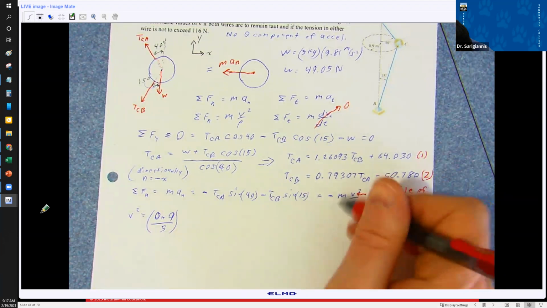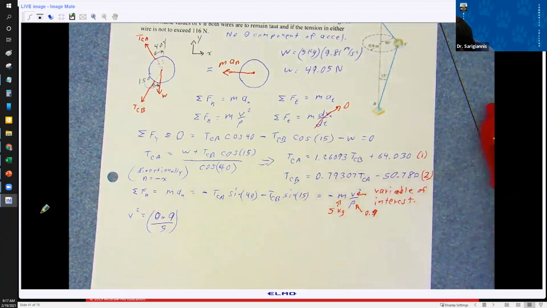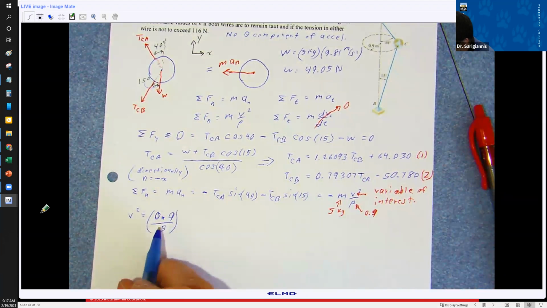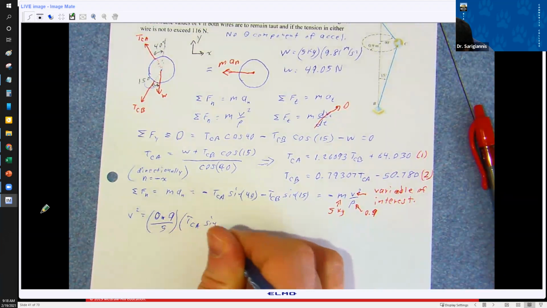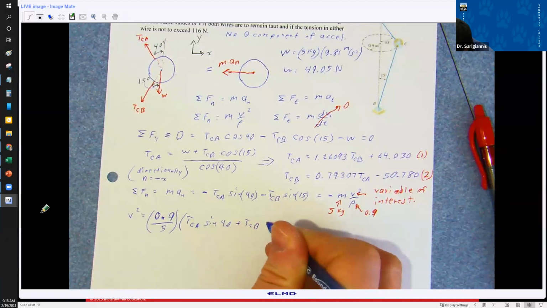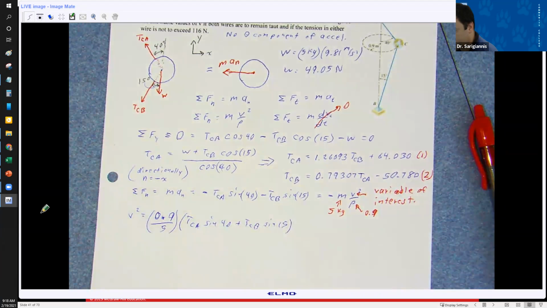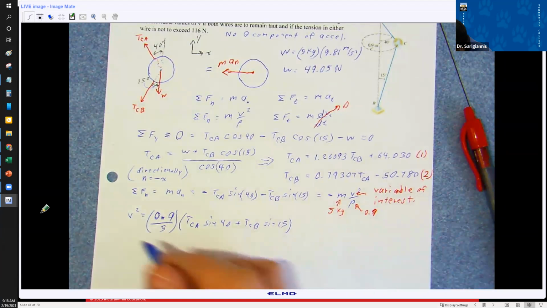And the mass is 5 kilograms. Sorry, this is 0.9 over 5 times the quantity TCA sine 40 plus TCB sine 15. And this gives us an equation for v squared